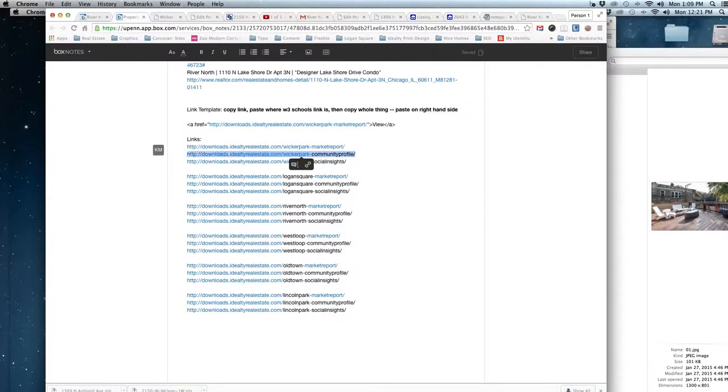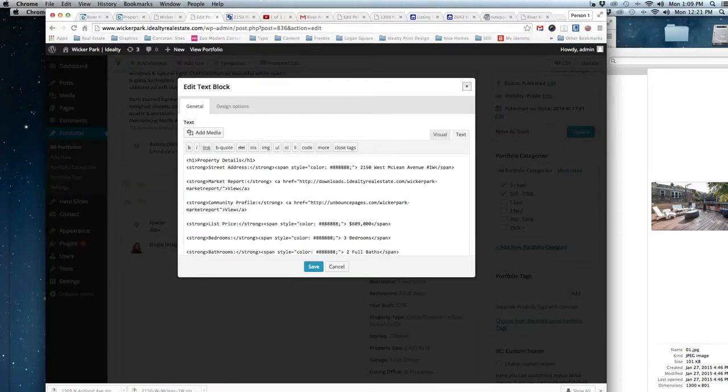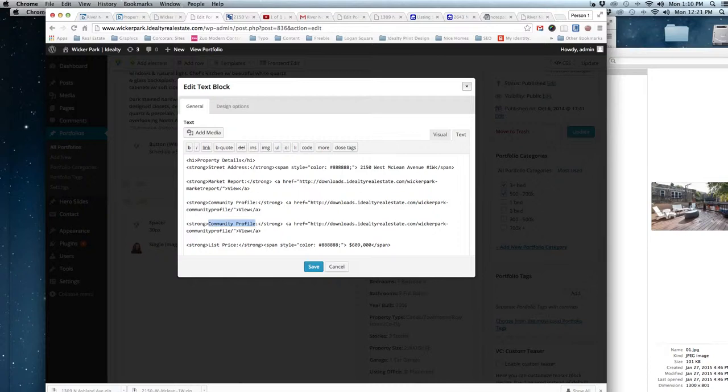We're doing the Wicker Park community profile now. We want to replace between the quotations. Okay. Now we'll select the whole thing. We'll go over here and we'll want to change from the A to the A on the community profile. Okay. Now on these, I'm going to have you add a third, and you can just copy and paste this and then write neighborhood